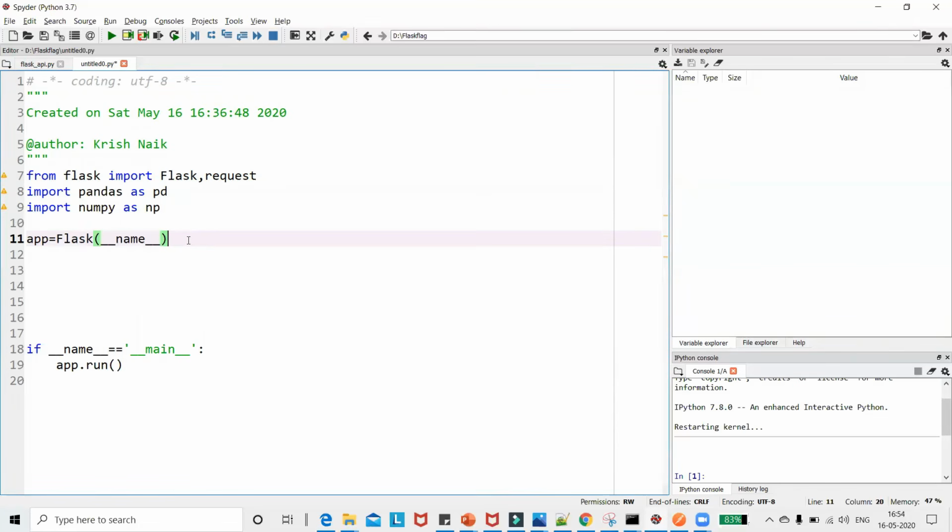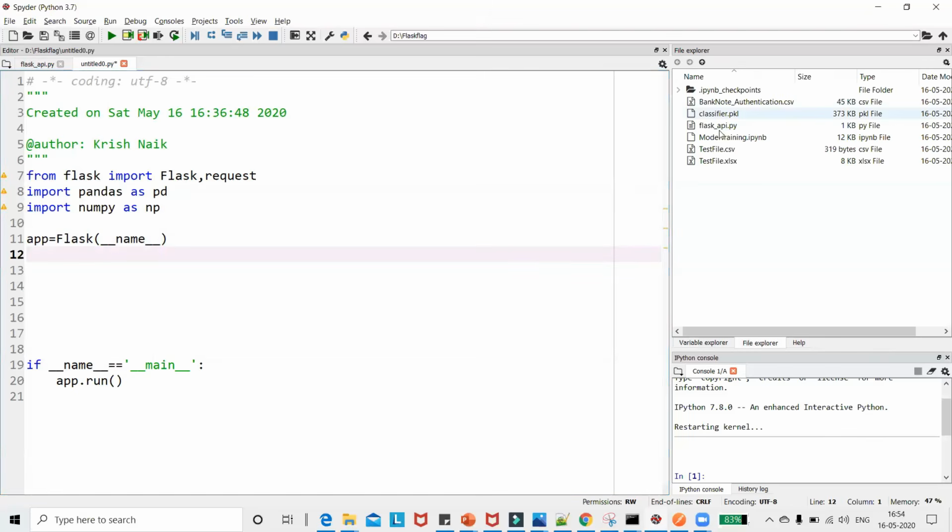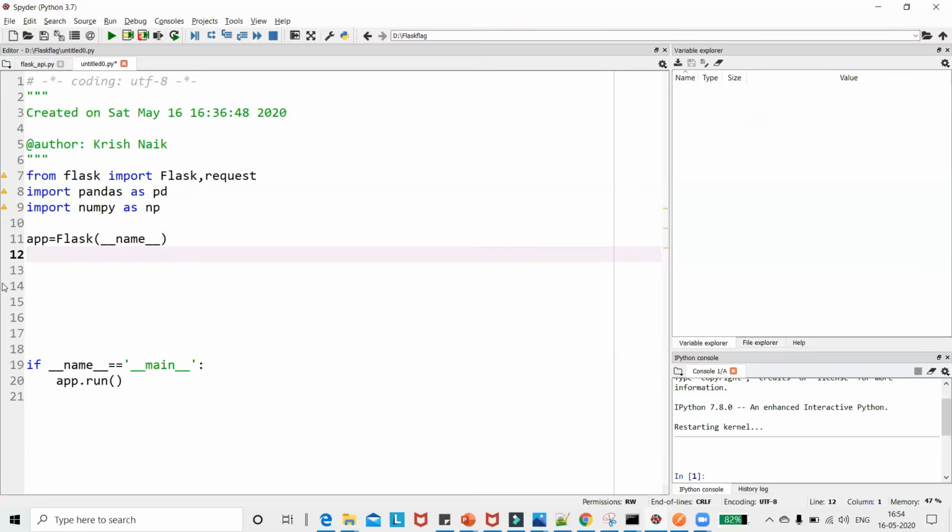Now, after this, as you have seen, first of all, I have to load this classifier.pickle file. So let's go and load it. For that, I'm going to say pickle_in is equal to open of this particular file, classifier.pickle, and this will be opened in read byte mode, rb.